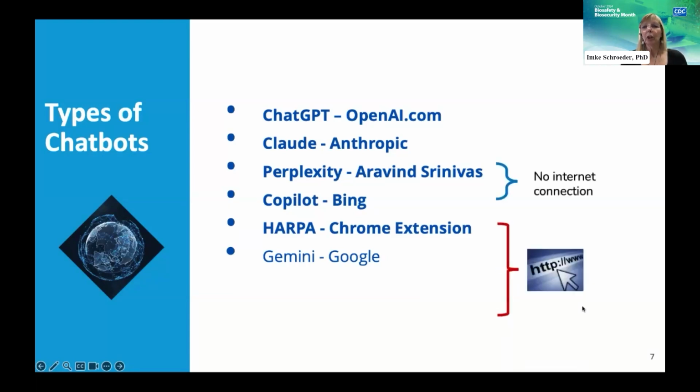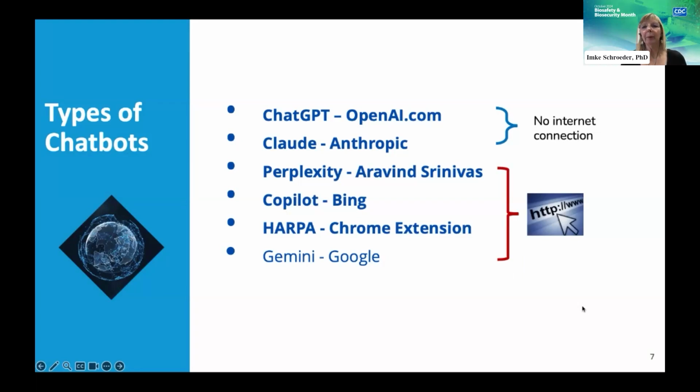In contrast to other AIs, the free version of ChatGPT and Claude are not connected to the internet. And they have been pre-trained pretty much on data or information that's available on the internet up to 2021 for ChatGPT and 2022 for Claude. So that could pose some limitations on their usability. I want to mention here that ChatGPT now offers a Bing subscription called Browse with Bing, in which case it's connected to the internet.